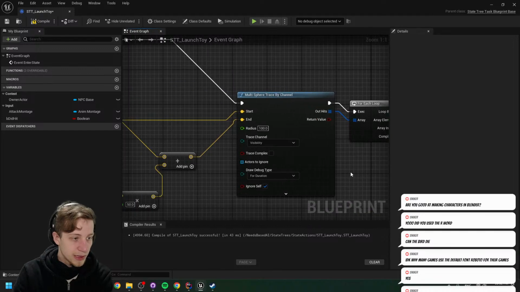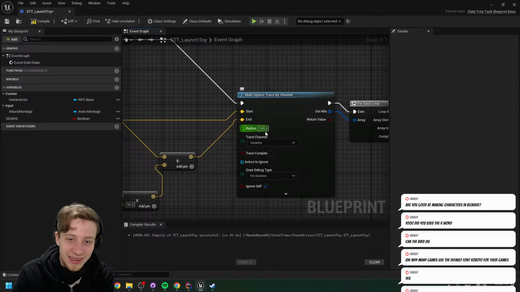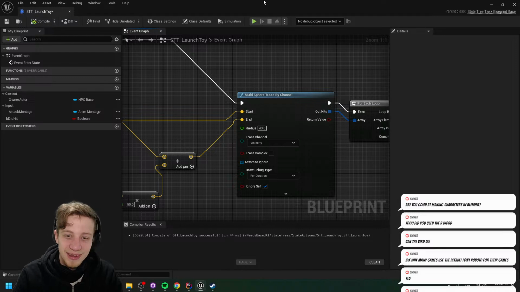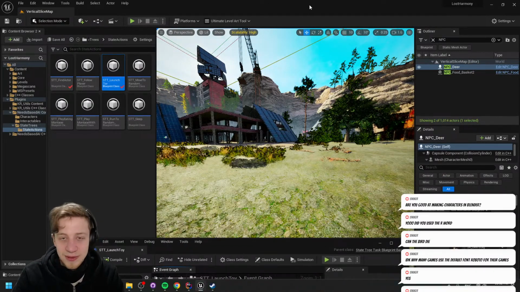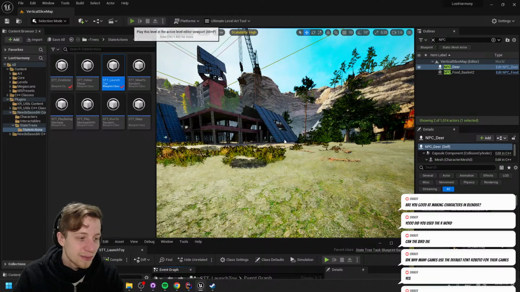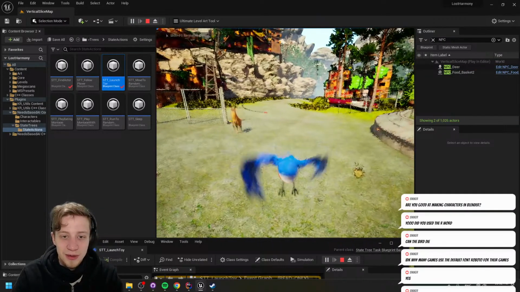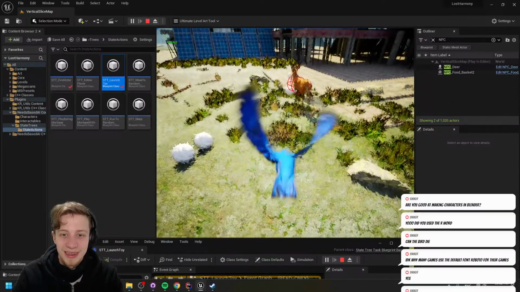Am I good at making characters in Blender? Oh no, I'm horrible. I'm really bad. You wouldn't believe how bad I am. I did used to do a bit of sculpting, but it was bad. Yes, no, it was really bad. There are some really good ways to go about it now, and you can make a human, or use some other tools that are gonna give you a default human, like a preset, an average human.